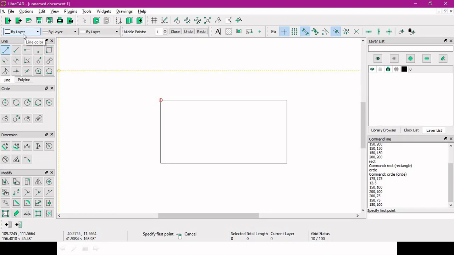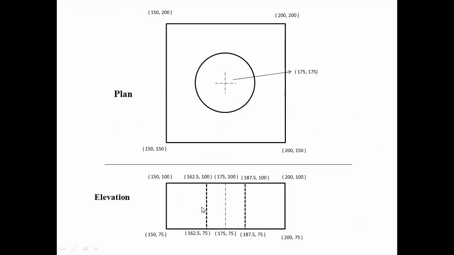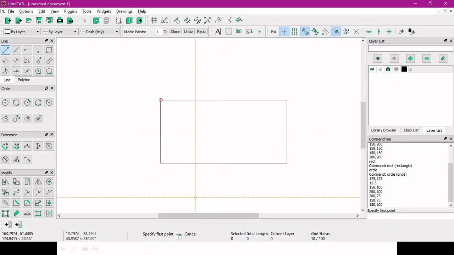This is the property, this is the pen toolbar. Here we can change the property of the line and all. Line width is okay. So select the type of line. Select dash tiny. Now let's draw the line. It's 162.5 by 100 to 162.5 by 75. Let's draw the line. The first point is 162.5 by 75.